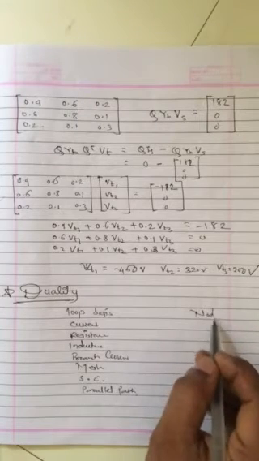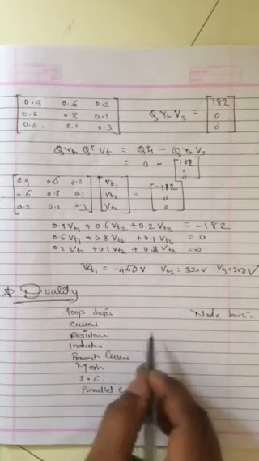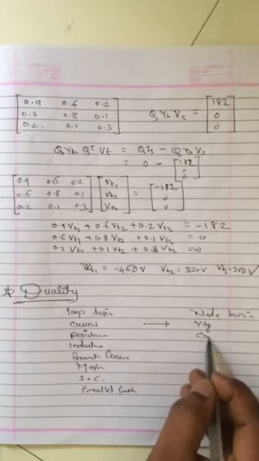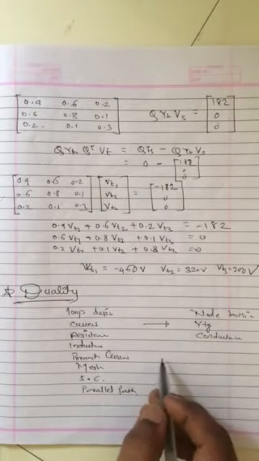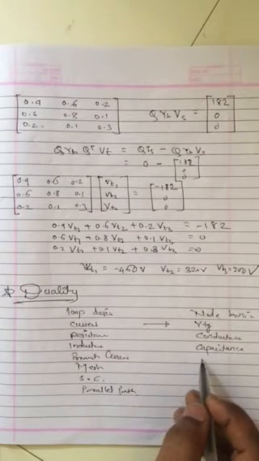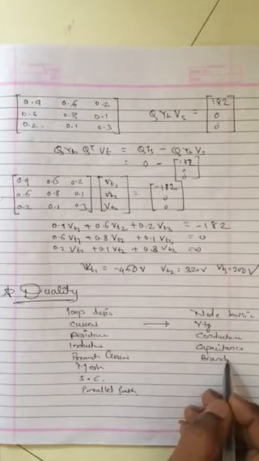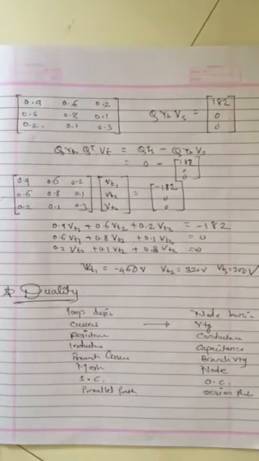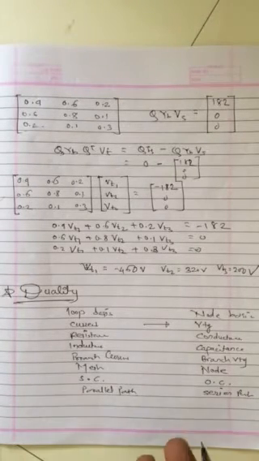Now in node basis, meaning the dual network, if current is there, we have to convert it or write it as a voltage. Resistance we will write as a conductance. If inductance is there, we will write it as a capacitance. Branch current will convert to branch voltage. For mesh, we will convert to node. For short circuit, we will convert to open circuit. For parallel path, we will convert to series path. Okay. Now I know you might not have understood what I am saying yet. We will solve one network and we will get to know what exactly it is.